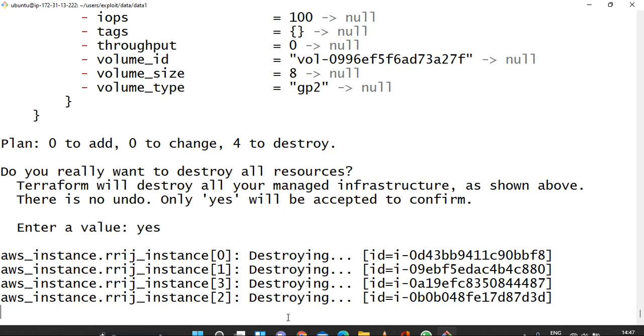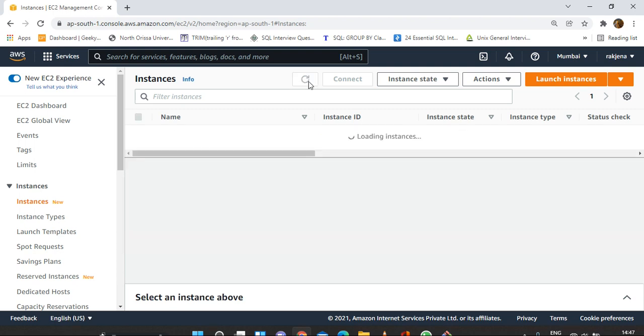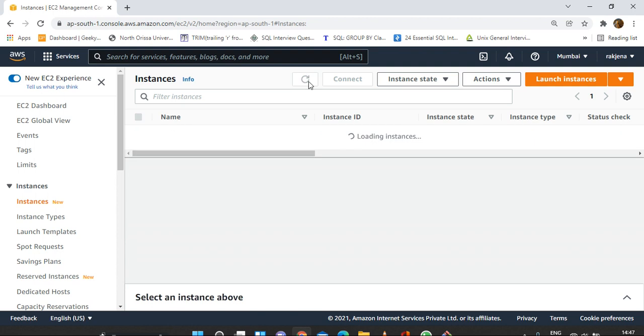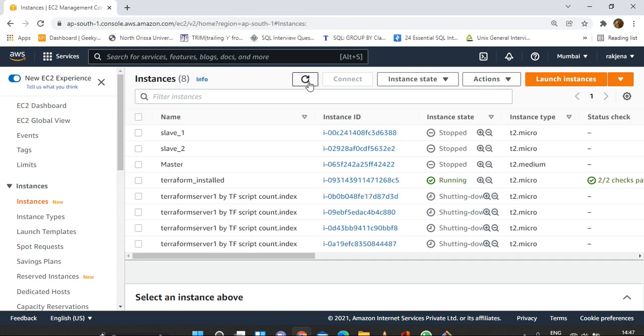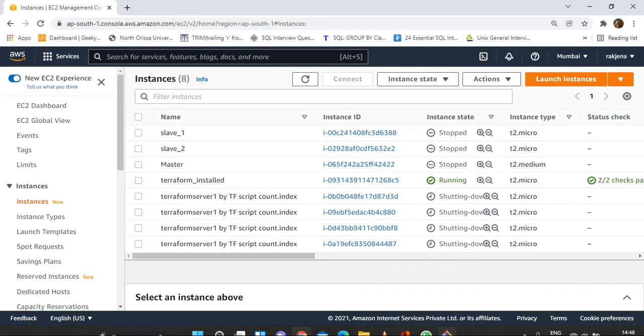Yes, the destroying activity is initiated. Now you can see shutting down. The process is in progress.